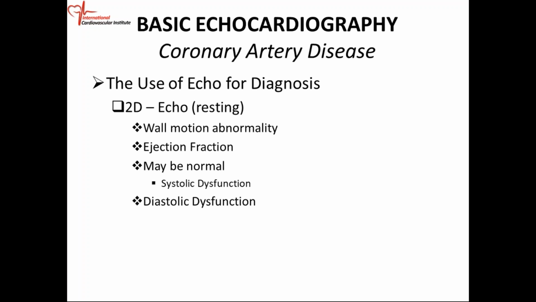But once you stress the heart, they walk them on the treadmill. That area now, which requires more blood flow, cannot get the increase in blood flow. So it manifests itself with what we call wall motion abnormality. You may get hypokinesis, akinesis, or dyskinesis. Some of these patients may present with diastolic dysfunction, and